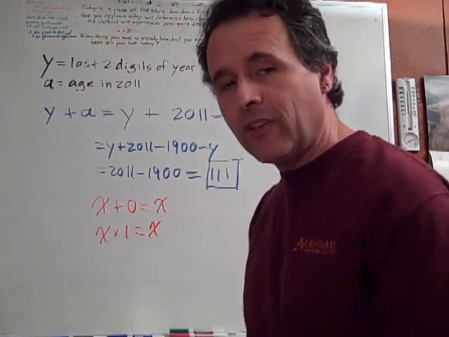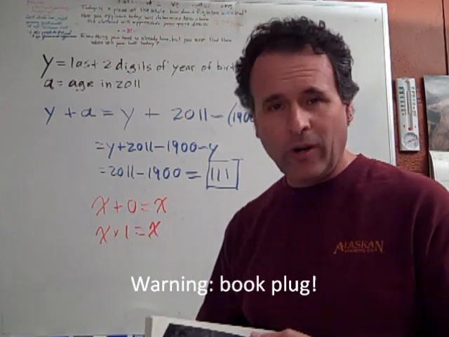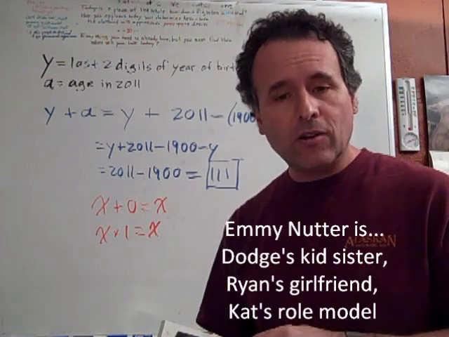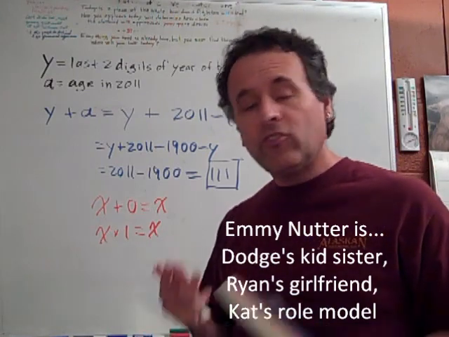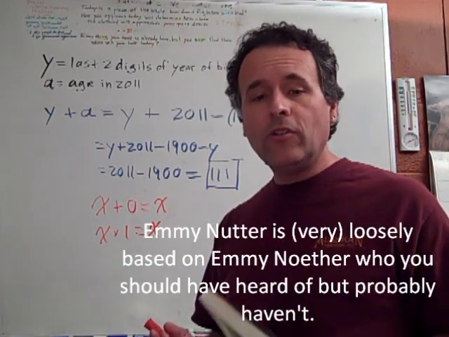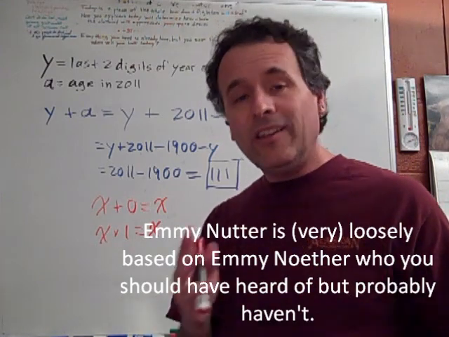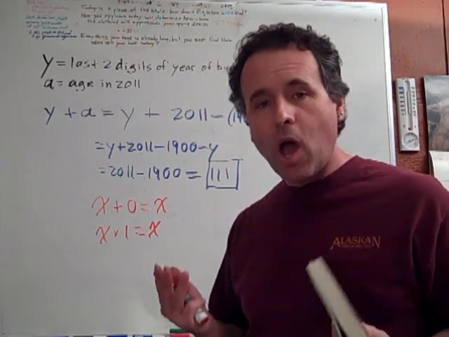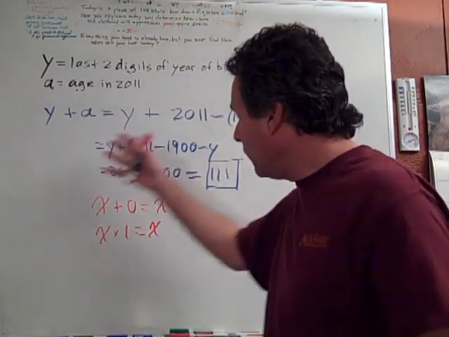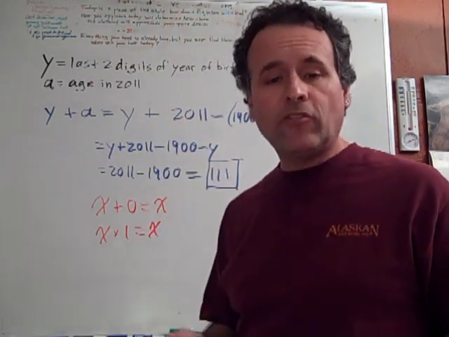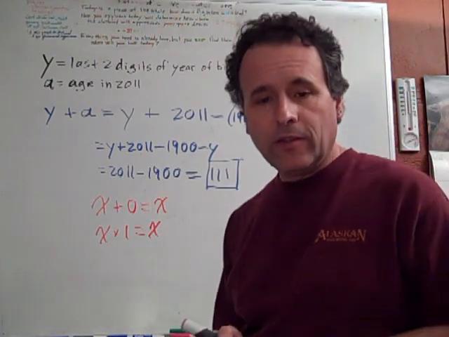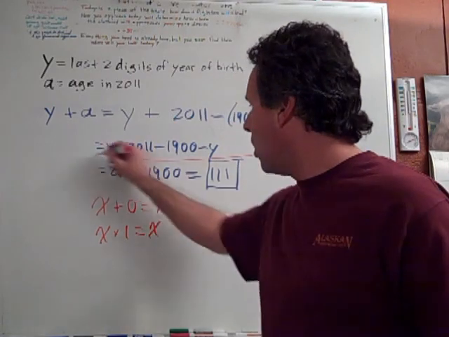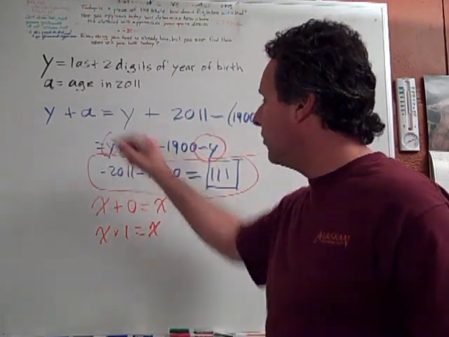In Chapter 9 of The God Patent, which starts on page 22, I just happen to have a copy here, my character, Emmy Nutter, presents Noether's theorem, which is the foundation for our understanding of the laws of nature. It says that for every mathematical symmetry, there is a corresponding law of nature. This little number trick is just such a mathematical symmetry. It doesn't lead to a law of nature, rather it leads to a law of numerology by subtracting out y from y.